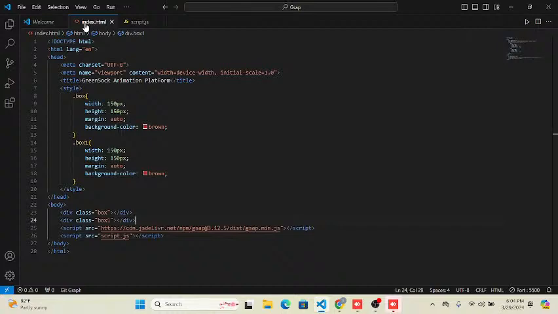GSAP is used because it allows us to create smooth and impressive animations that can enhance the user experience on websites. And it's much more powerful and flexible than the built-in CSS animation or other JavaScript animation libraries, because as you saw before, we are using a CSS file and from there also we are giving some animation. But if we are talking about GSAP, it is more powerful and flexible than the built-in CSS animation or other JavaScript animation libraries. Okay, with GSAP we can create animation that works consistently across different browsers and devices, and